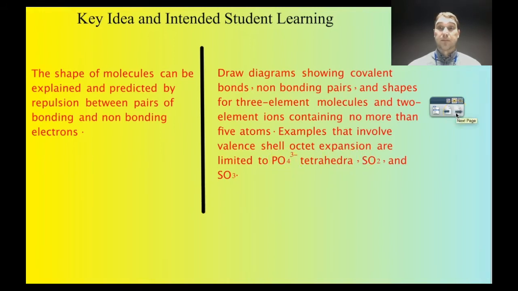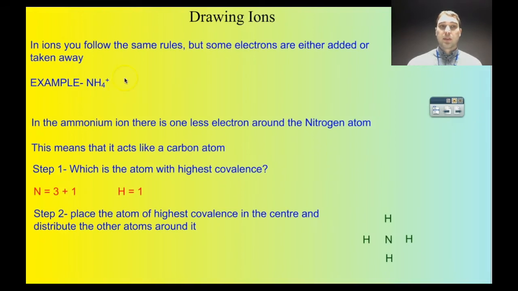So I'm going to show you how to do that. We're going to start by drawing some ions. So we're going to start with the ammonium ion. This is one that you should be able to draw because it's a 2-element ion up to a total